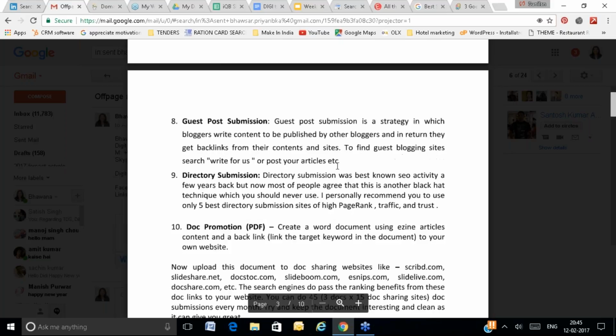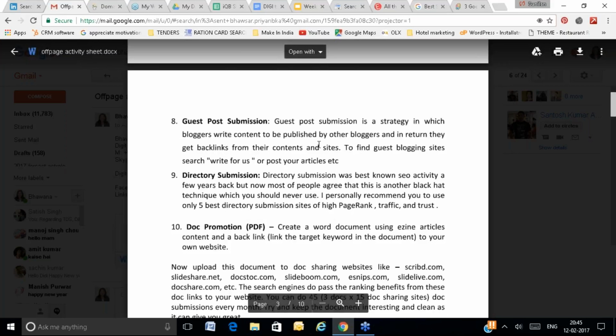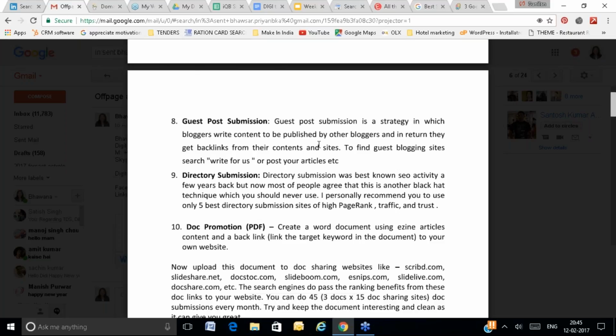And then guest posting: you can find the relevant blog and you can do one-to-one communication with them. Okay, I want to share my relevant content with your audience. I want to publish my content on your website. So you are going to provide free content to the other website, and the other website gives you a backlink in return. So this is guest posting.